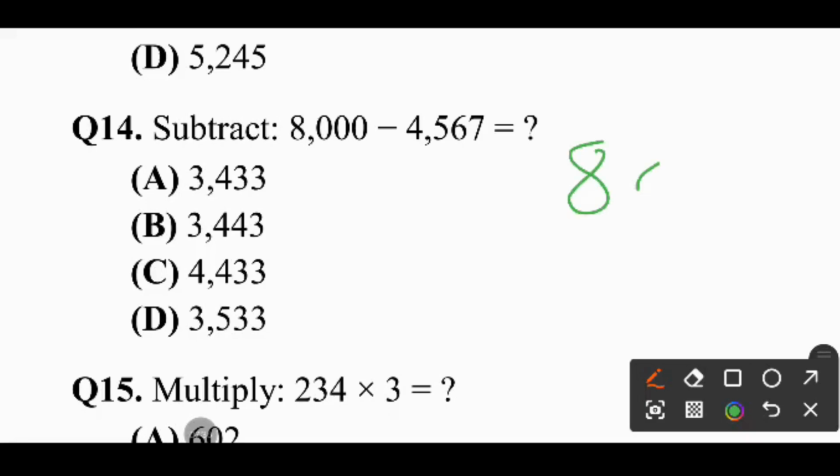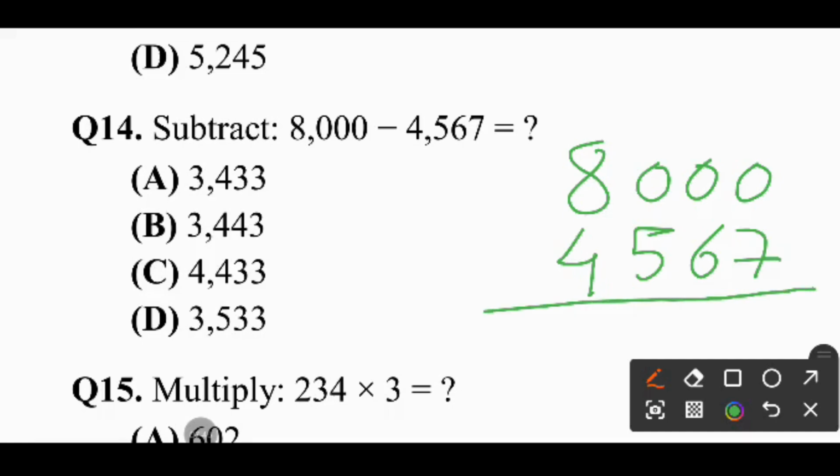Don't be afraid of the zeros. 4, 5, 6, 7. Now, 0 is a smaller number. We will take a carry. This number does not have anything to give. This number again does not have anything to give. So we will go towards 8. 8 will give 1 here. It will become 10. But it has to give to this number, so this will become 9, and this will become 10. But it has to give to this number, so again it will become 9, and this number will become 10.